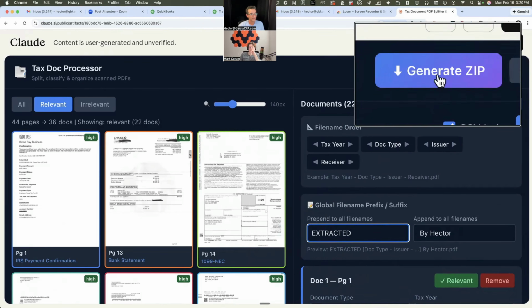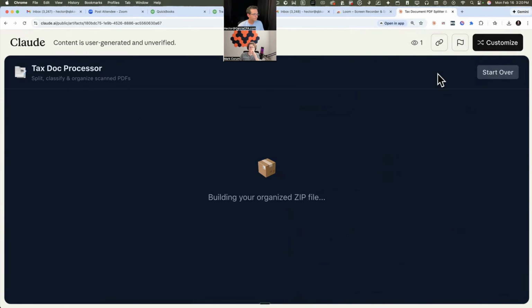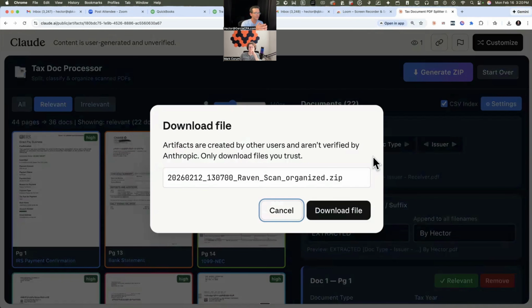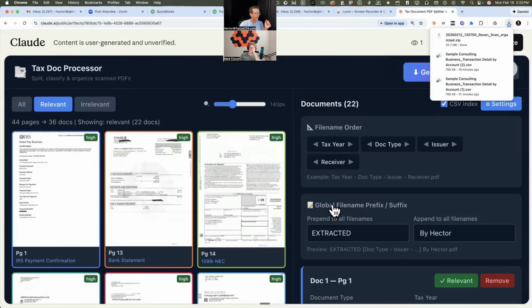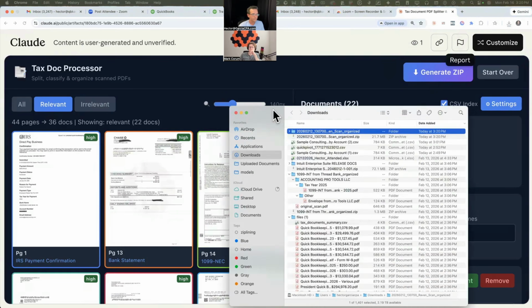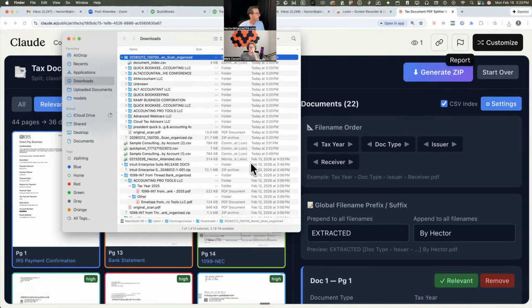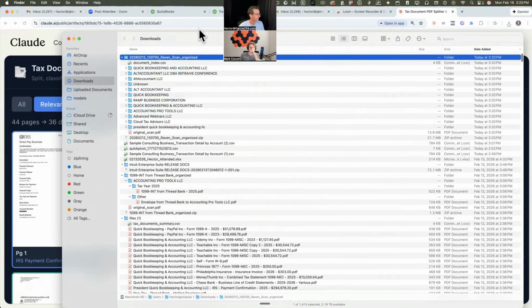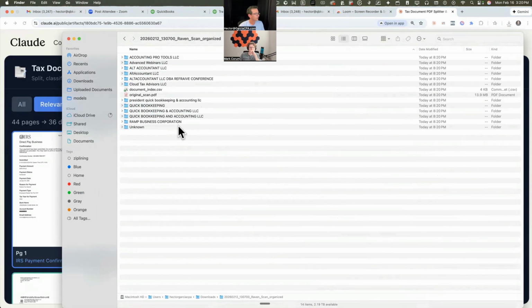So then the export is this thing called generate zip. Okay, it packages together a zip file. I go to download zip file. I'm just going to open the zip file to show you what that looks like. And then it creates, look at this beautiful thing. Let me just double click on it. It creates